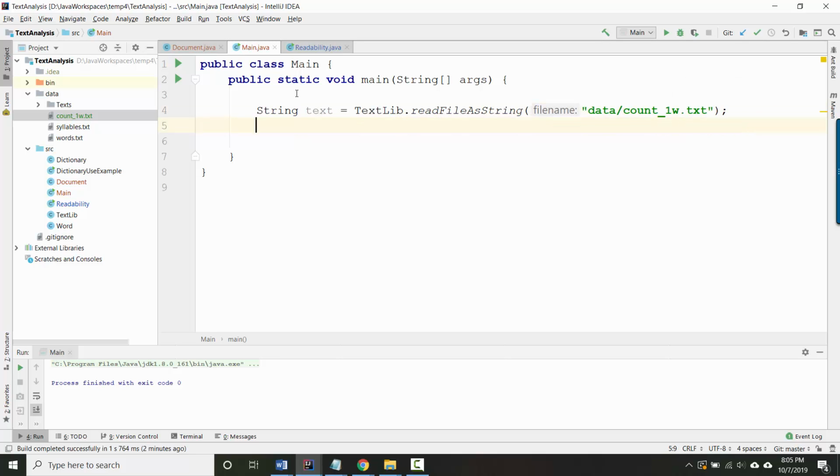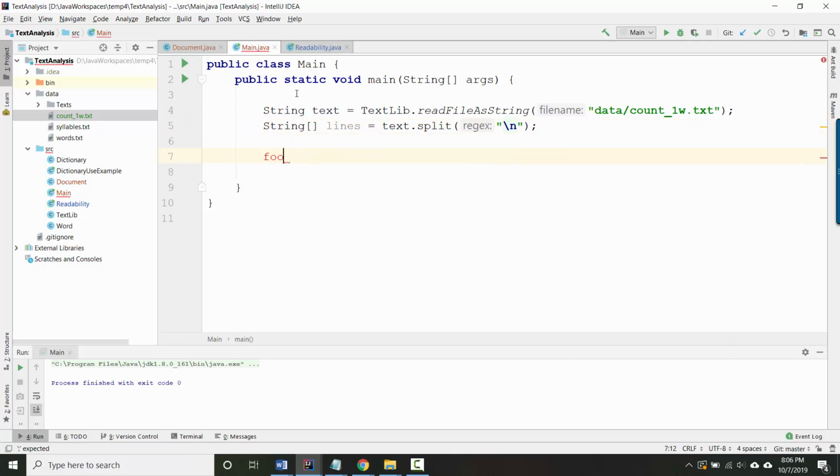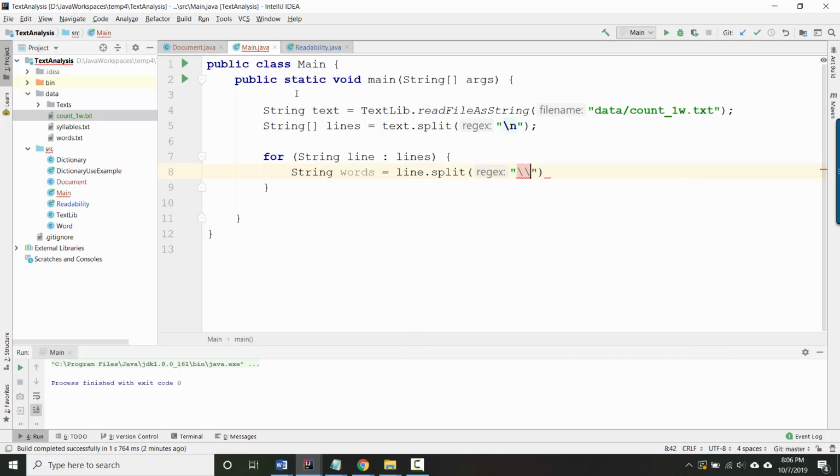I'm going to go ahead and split it on new line. So I guess I can say string lines equals text.split on \n. So that should break it up into individual lines. Now I'll say for line in lines, let's go ahead and split each line. So I'll say words equals line split, and I'm going to split it on one or more white space